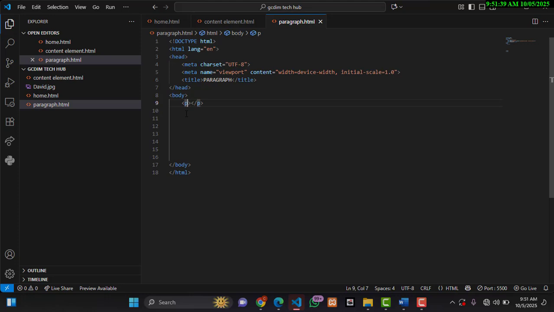Before then, let me do my code comments like this, so it looks more understandable. The p tag contains blocks of text